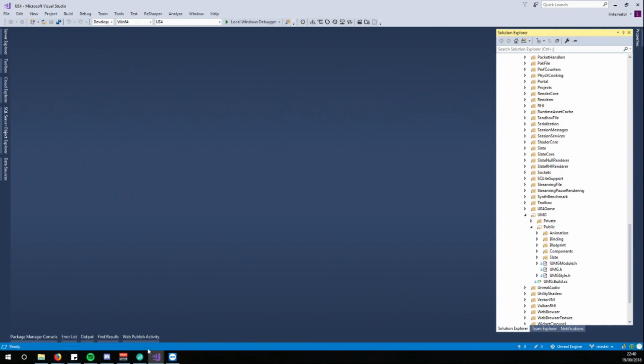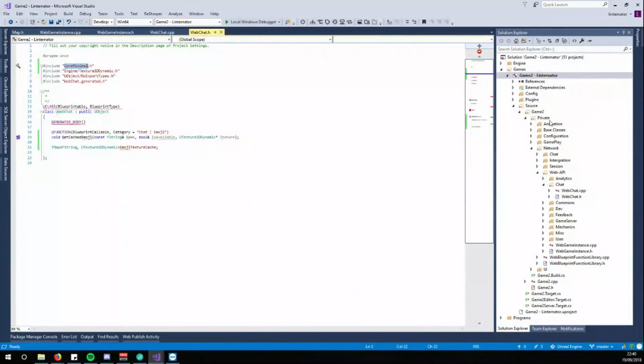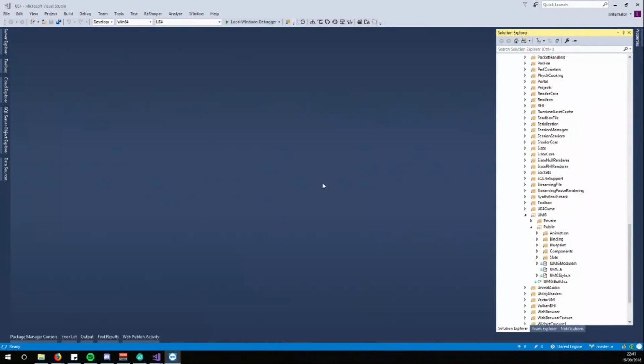If we go into Game2, which is actually our game, we called it Game2 at the beginning, and it seems to have just stuck all the source code in that. We can rename that. So as you can see, we've got here Game2 private, the private folder, and that's where all our stuff is, including the H files. That's because we don't want these H files to be accessible externally, we don't want anyone to have access to any of our code really, because there's no need for people to access our code externally. So what we need to do is go into Blueprint, and this is async